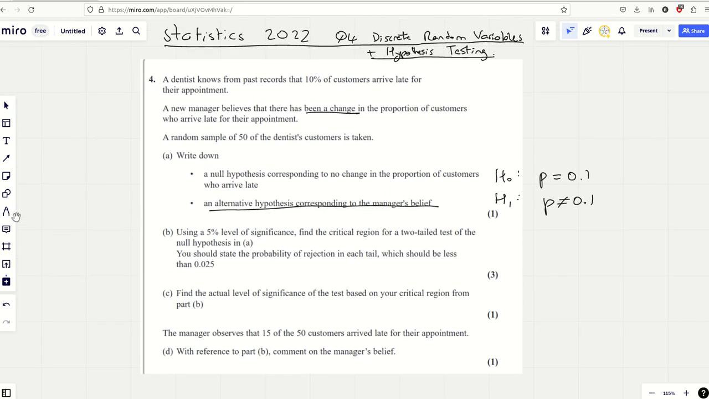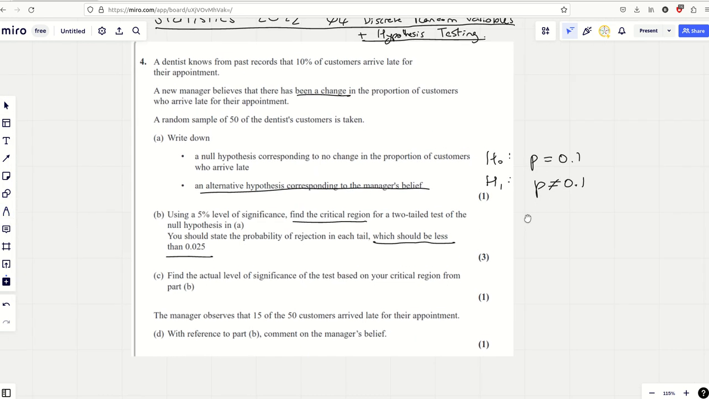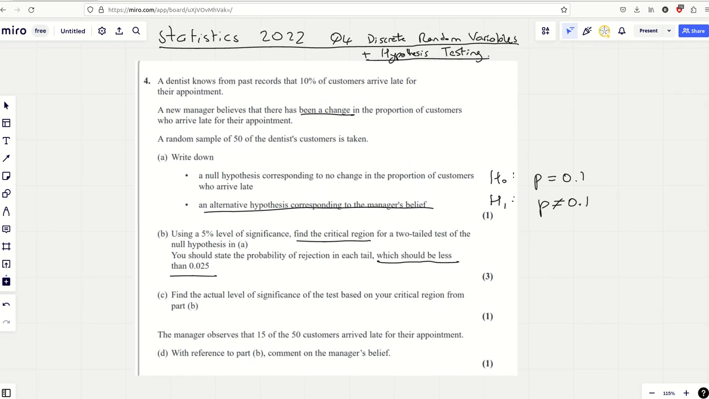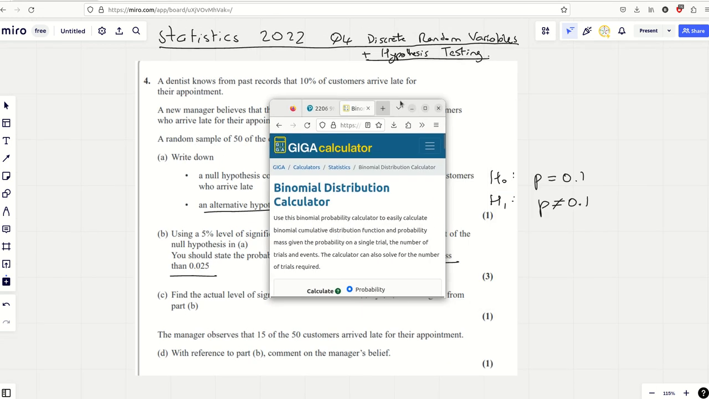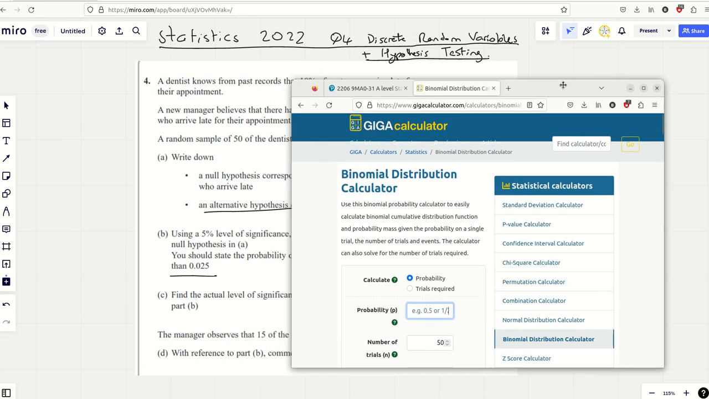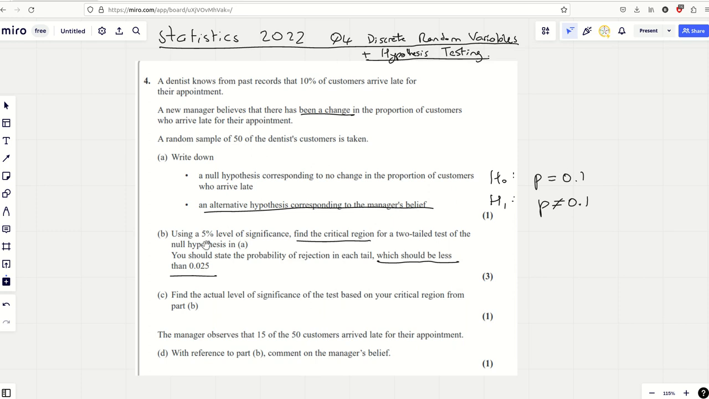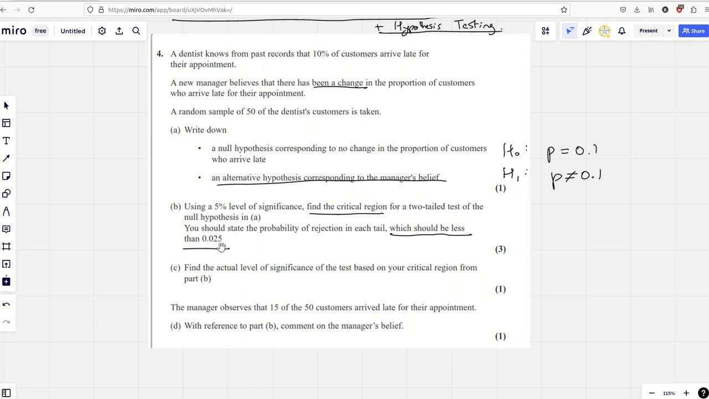Okay, now this is a tricky question. I just glanced at it and I could see it was a tricky question when it was two-tailed, and it wants the probability in rejection at each tail, which should be less than 0.025. Okay, we've got to find a critical region. I think that's always harder to do on a calculator. Now the way I'm going to show you this, mainly because I haven't got a calculator, I'm going to use an online binomial distribution calculator, but I'm going to point out what you would be doing. We're going to try and make sure the probability in each tail is as close to 2.5%